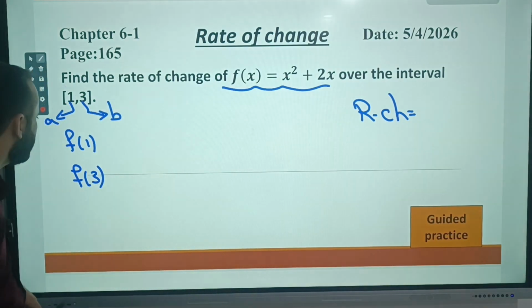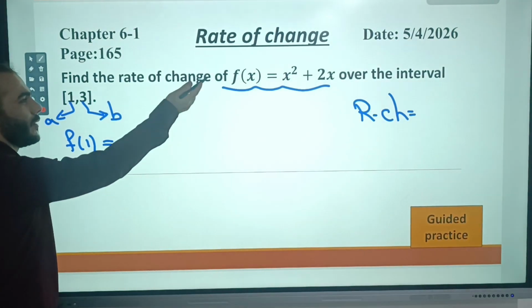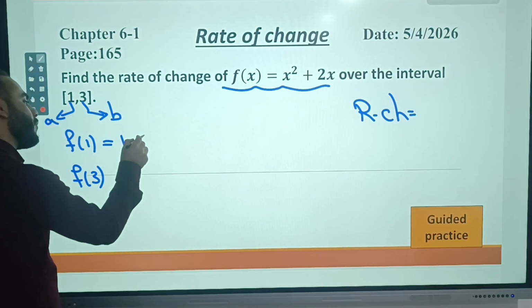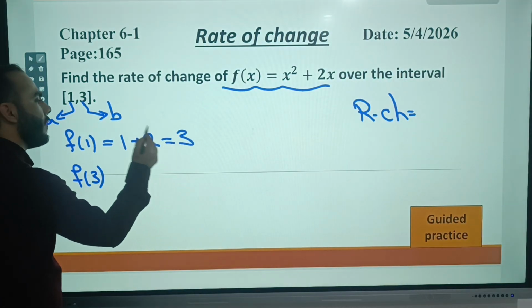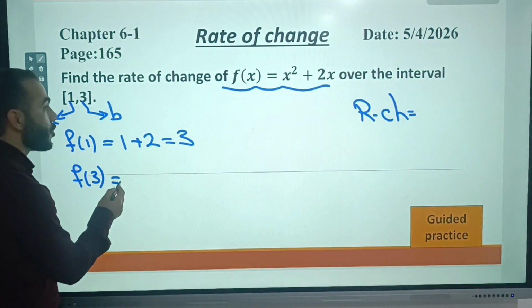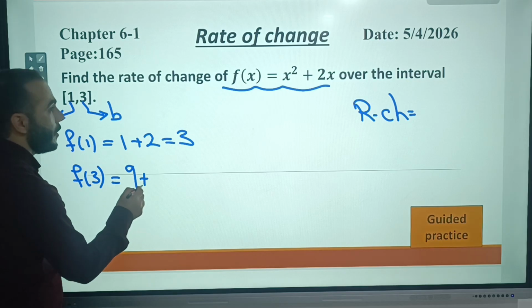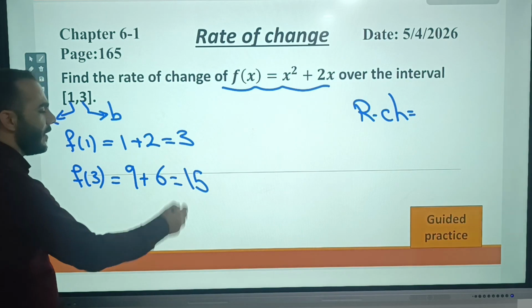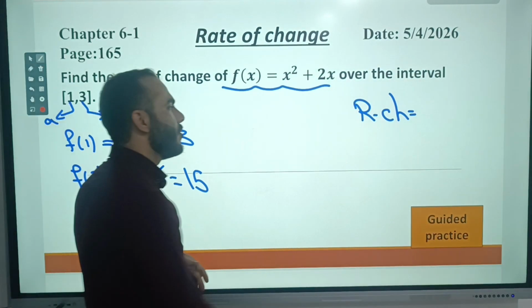Perfect. So f of 1, substitute 1 here. 1 squared, 1, plus 2 times 1, 2. So 1 plus 2, 3. 3 squared, 9. 2 times 3, 6. 6 plus 9, 15. So rate of change equals to,